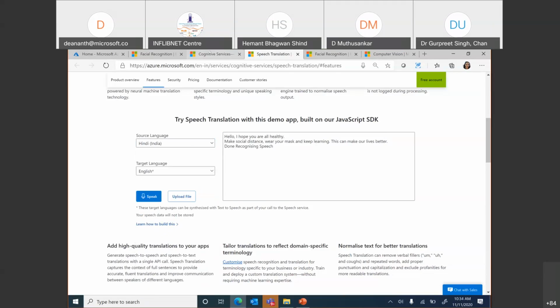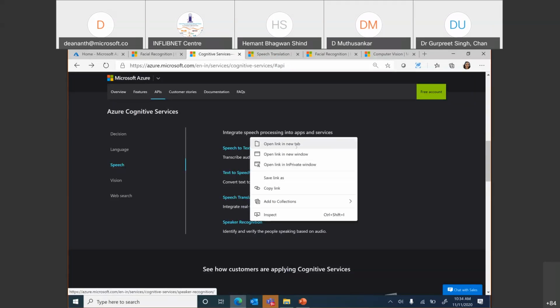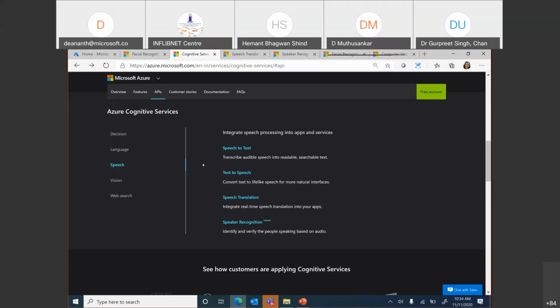All right. All these APIs, like I said, you just need to go to azure.microsoft.com/services/cognitive-services and then use these translations. We also have a speaker recognition service. Like we had Shakib, where his speech was not impaired, his voice was. Here we have an API in preview, which will help you identify the speaker.